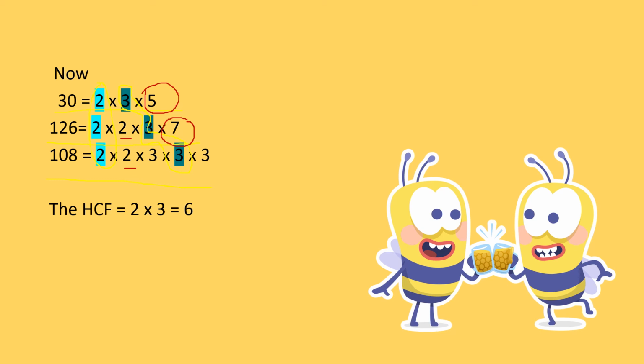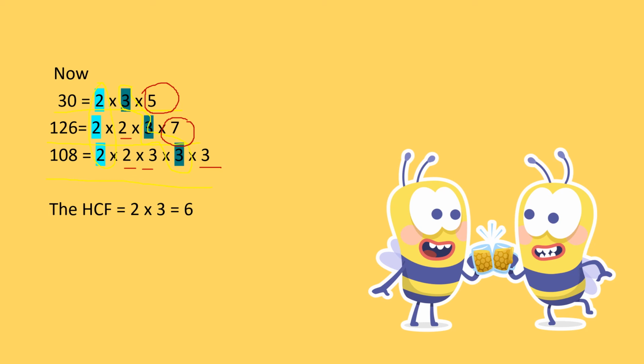And again, this 3 here and this 3. Both of these 3's are not present in the other two numbers, 30 and 126, when we broke them down as prime factors. So we have to ignore all those numbers which don't have a common factor, which we can match with the numbers. Okay, so when we